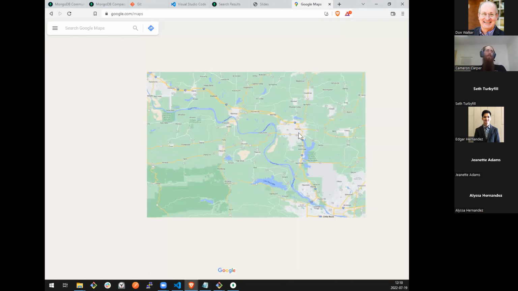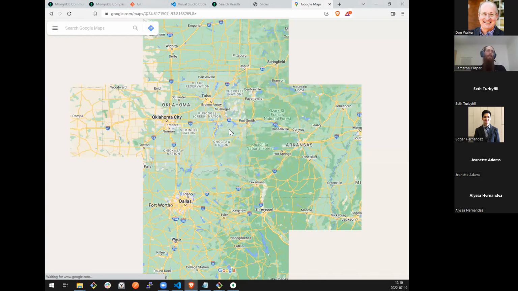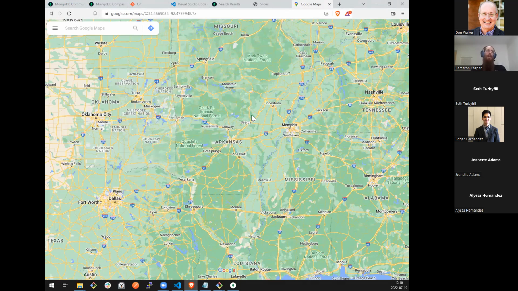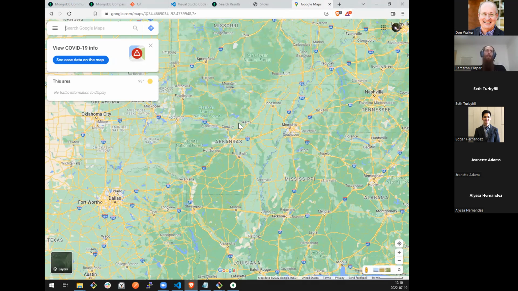is, since I'm going to basically say, give me everyone in Arkansas, I could just query where the address state code is AR, and that's probably right. But for our example, I'm going to query pretty much all of Arkansas as a geopolygon. But of course, if we just wanted to find people who live in this geographical area, we can do that as well. I'm going to use the entire state as an example.